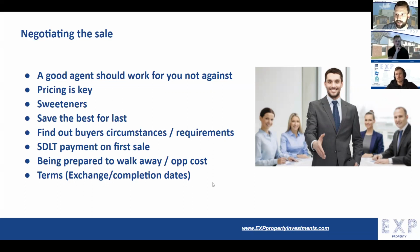And yes, they were higher than the other offer, but for us, it was less risk to go with the lower offer, who was a first-time buyer. They'd had their mortgage in place, rather than a lady that had been into the agency, offered on numerous flats, refused to put any